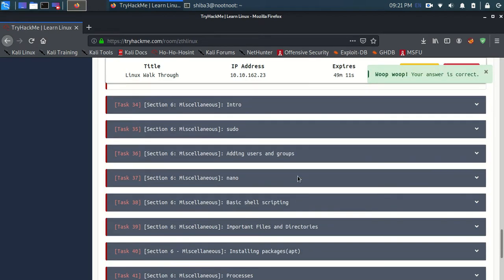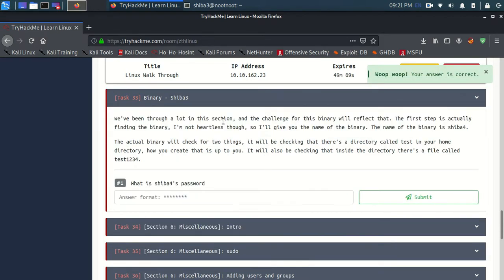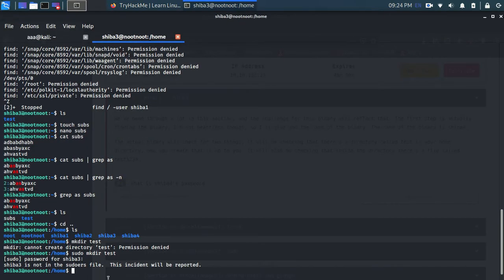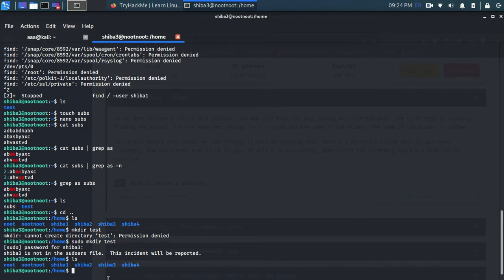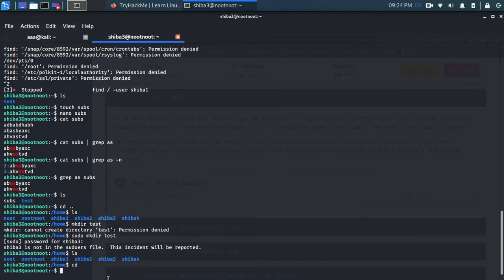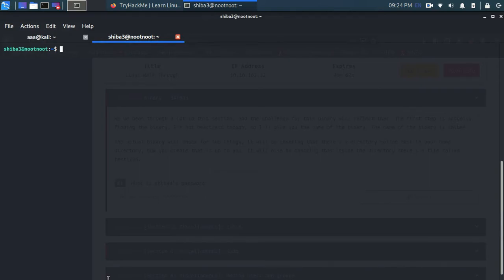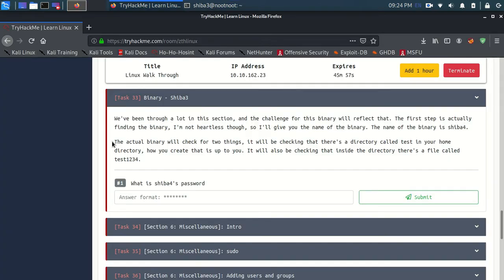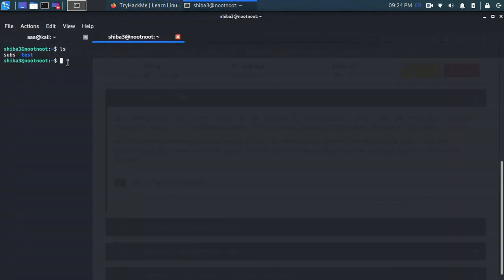Then there is Shiba3. I need the password. So let's do this. It's a directory called test1234. They firstly want us to make a directory called test in the home directory. We are actually in the home directory right now, and there is already a directory named test, so we don't need to do that.